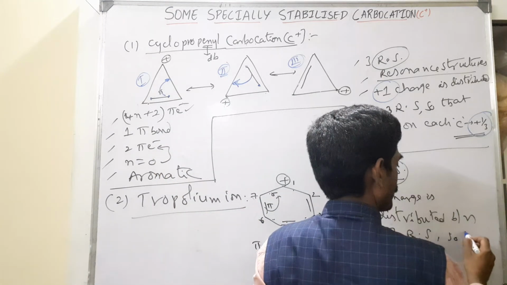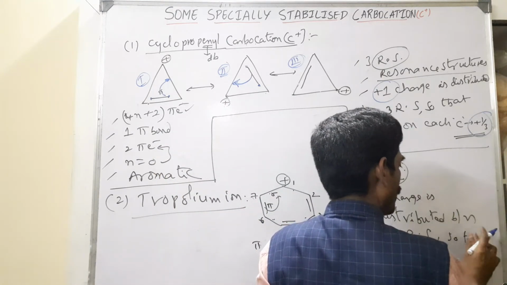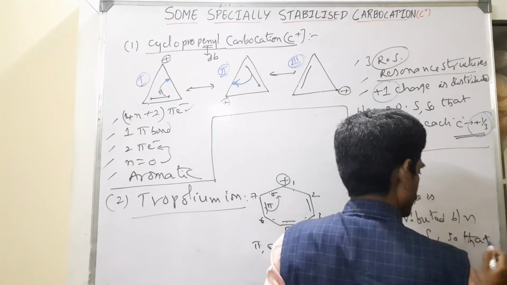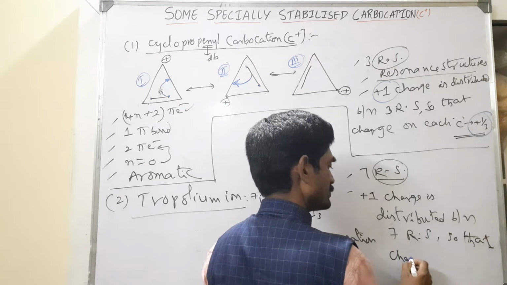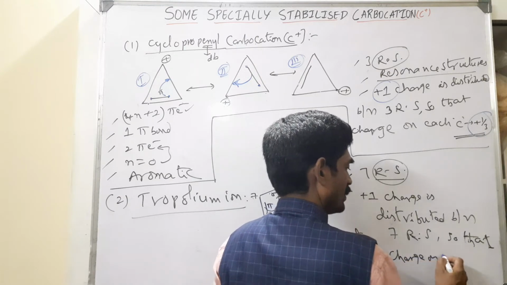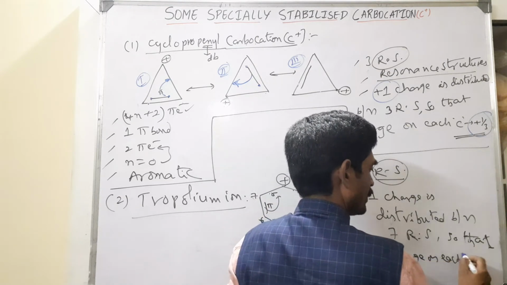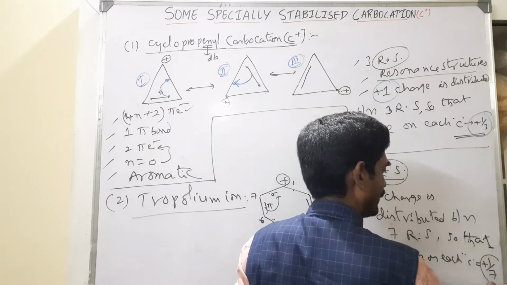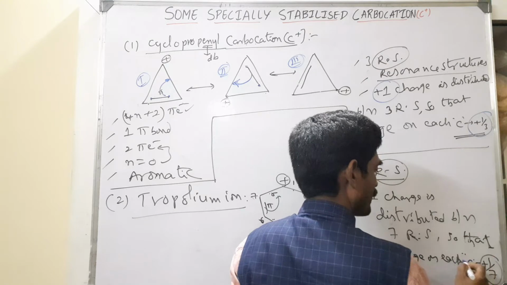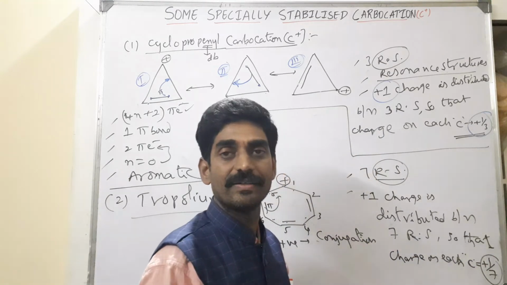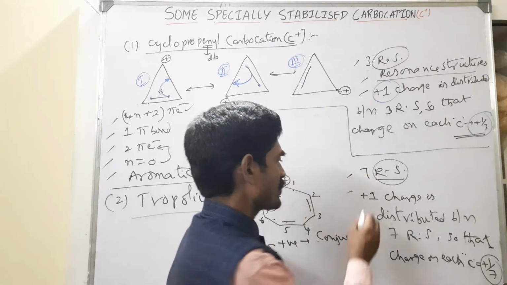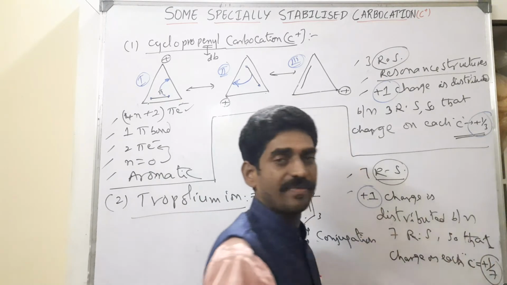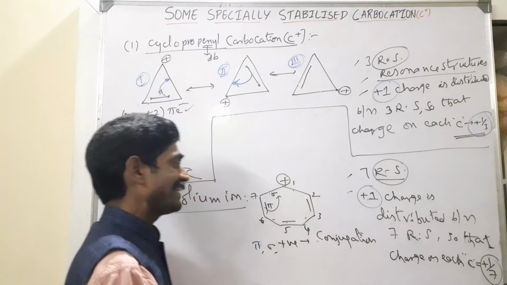The charge on each carbon is how much? Plus 1 by 7. That means the charge goes from plus 1 to plus 1 by 7. It is reduced, and that stabilizes this